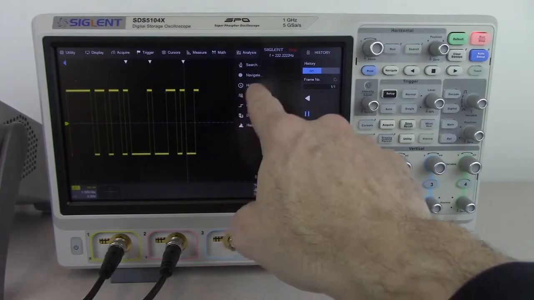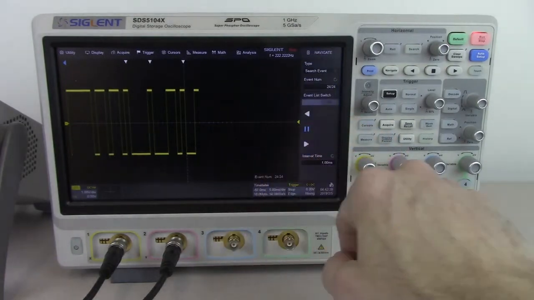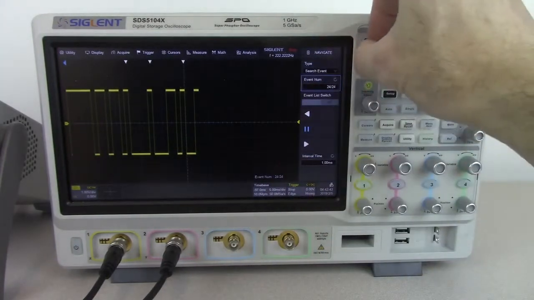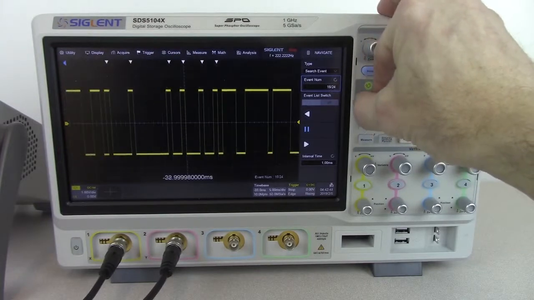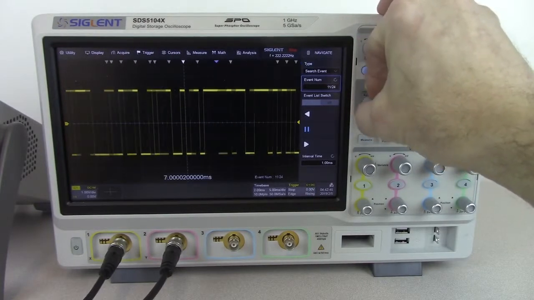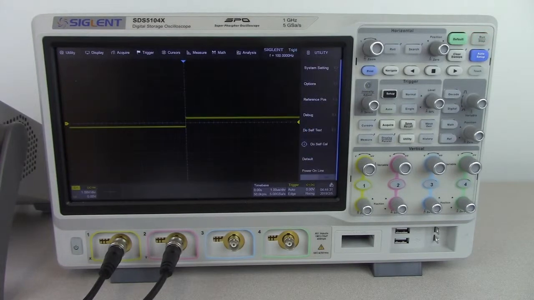And we can also take a look at the navigate. So again, we're going to just pop through different events here and be able to search through each of those. Now I would like to introduce the Waveform Histogram function of the